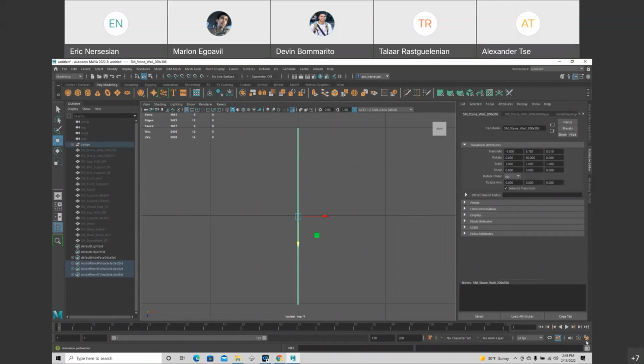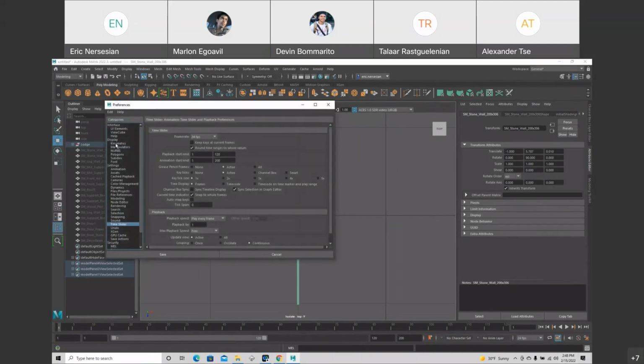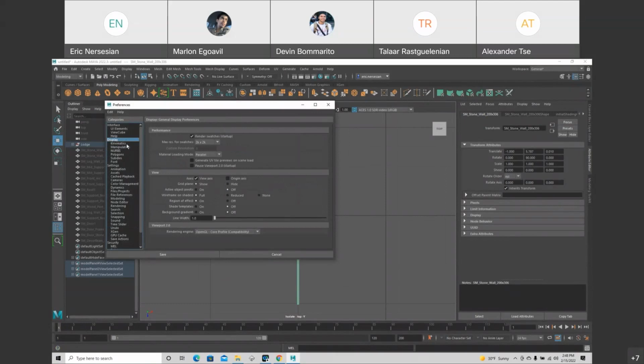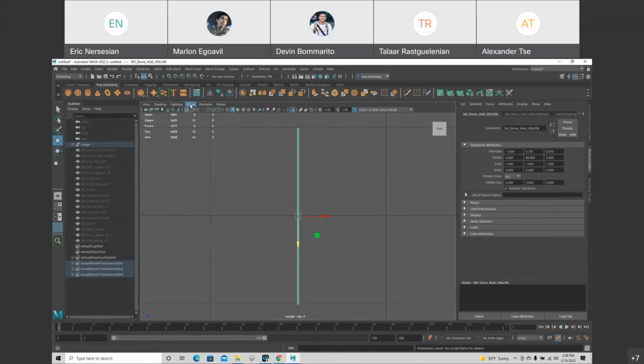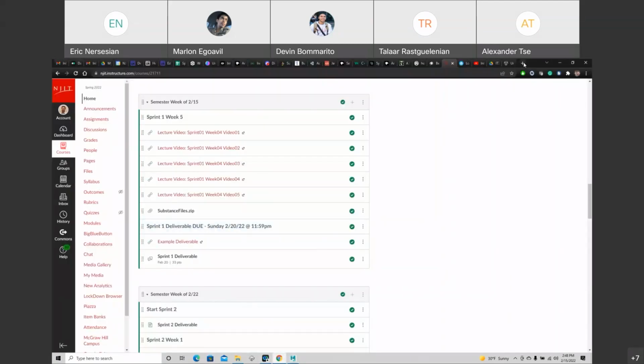So I'd have to go look at the grid and change the grid up. There's a way to divide up the grid even more. Let me just take a quick look at that.